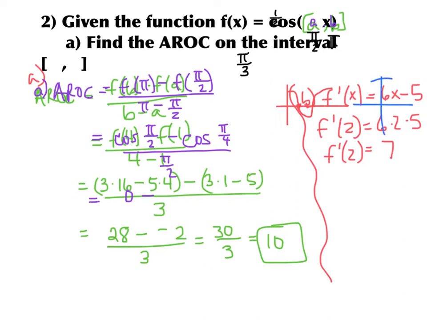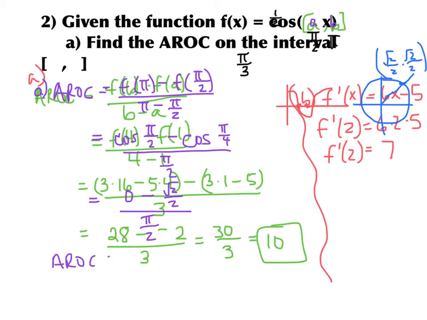Okay, so if we're thinking about the unit circle, pi over 4 is right here. It splits between 0 and pi over 2. And the coordinates of that point are root 2 over 2, root 2 over 2. Again, should have memorized. And so cosine is the x coordinate there, which then would be root 2 over 2 over pi over 2. And so our average rate of change here is negative root 2 over 2